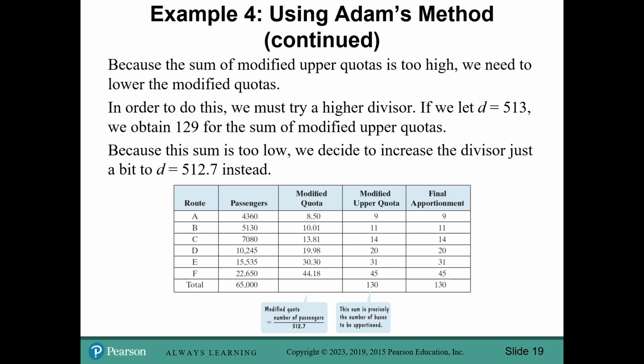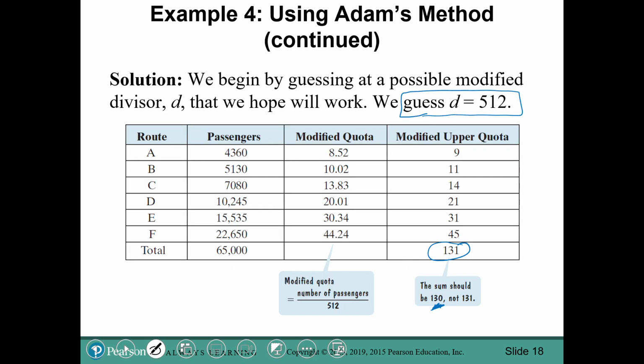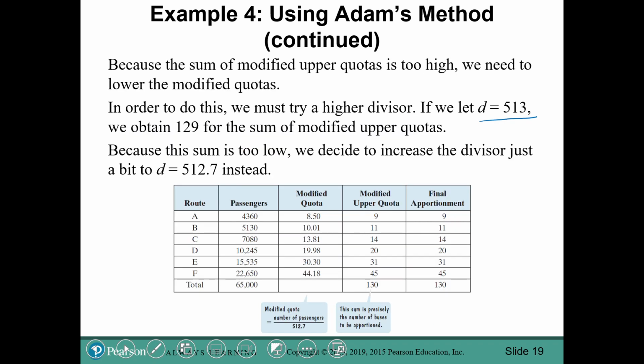If we let D equal 513, we obtain 129 for the sum of the modified quotas. So what we see here is if we move to 513 from 512, because we just tried 512, and work through that table, you would wind up with 129. So with Adam's method, what I'm showing you in this example is that none of the whole numbers are going to work. What we actually have to do is find a modified divisor that is between 512 and 513. Because the sum is too low, we decided to increase the divisor just a tad bit to